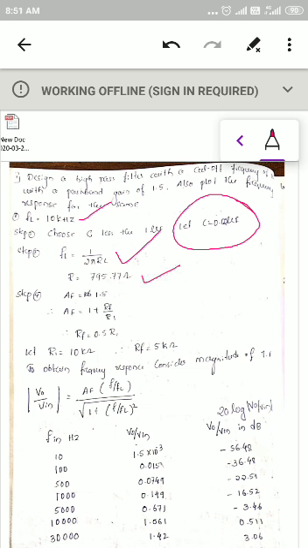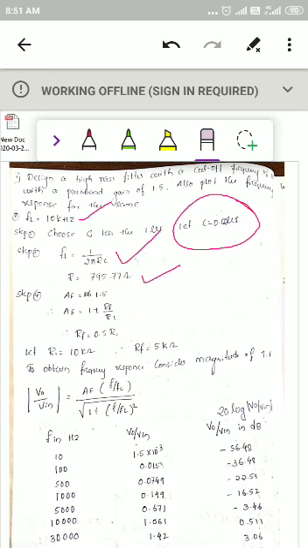Now in the second step, the pass band gain AF is given as 1.5. All the types of filters which we have designed are non-inverting amplifier. So the gain equation for non-inverting amplifier is AF equal to 1 plus RF divided by R1. Here AF is 1.5.